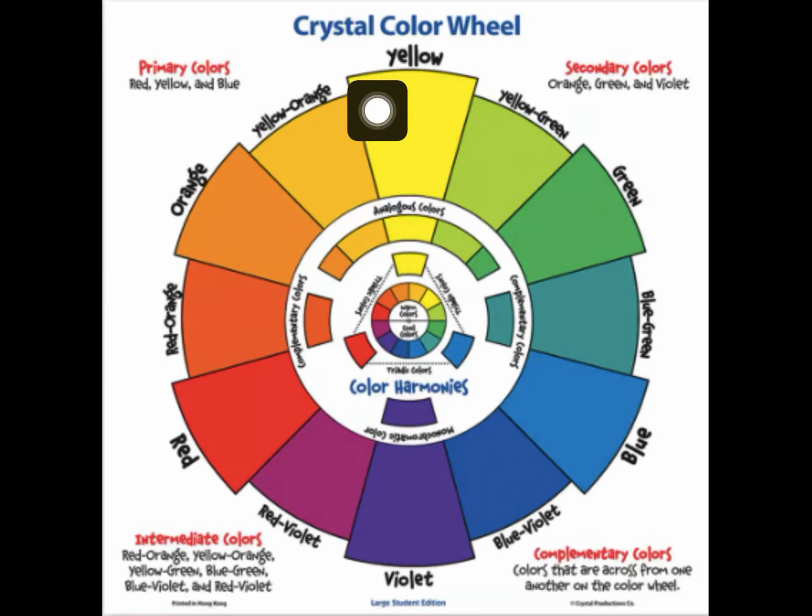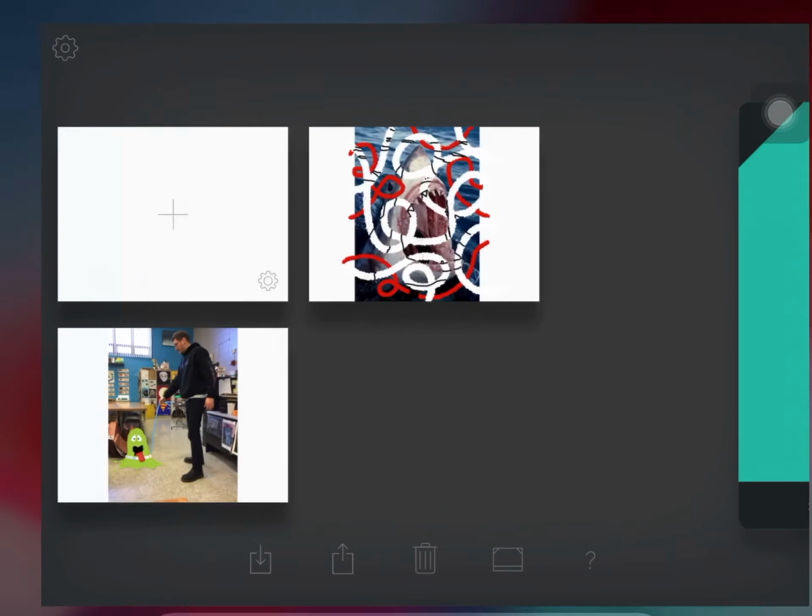So these colors that are a little bit further out on the color wheel are the two pairs that I'm talking about. So for mine, I want to do yellow and orange. If you do want to challenge yourself a little bit and do three different hues or colors, you could do something like yellow, orange, and red for those of you that would like to. Okay, so any two or three that are directly next to each other will work for this. Okay, so that's the first thing: you want to figure out what you would like to do for your colors. Okay, once we have that figured out, we're going to go to the Sketches School app